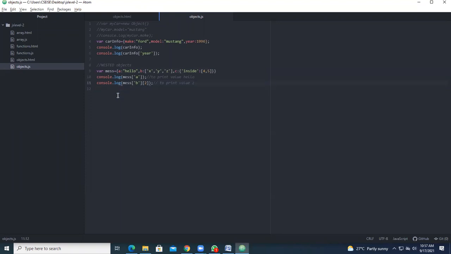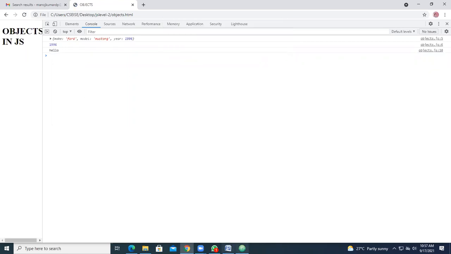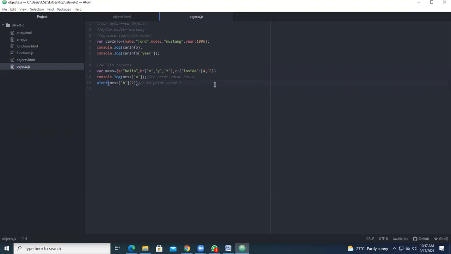Okay, if you want the alert, in place of console.log, you have alert here. So let's see what you are getting. So for Z you have given alert. So it is showing you like this. Okay. So now you come for the next part.